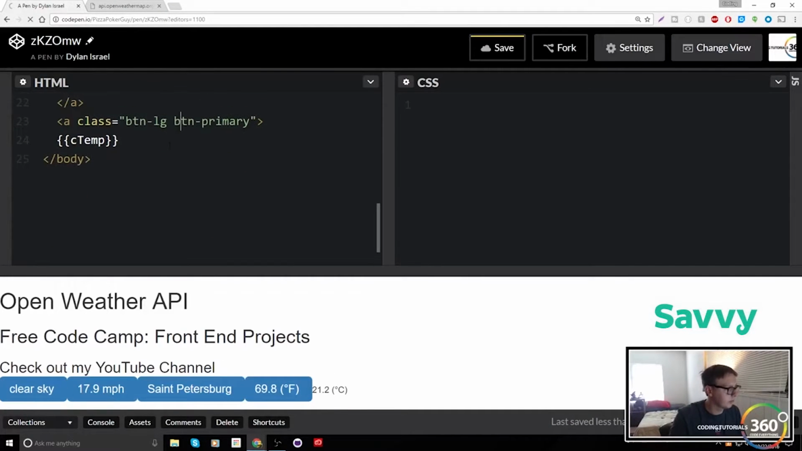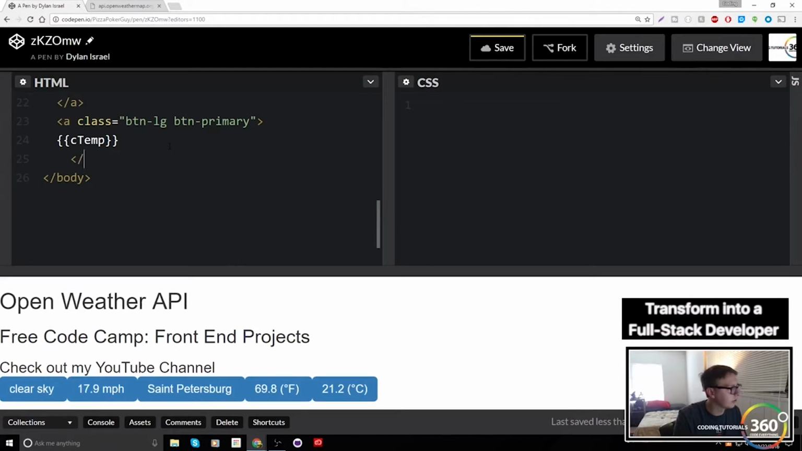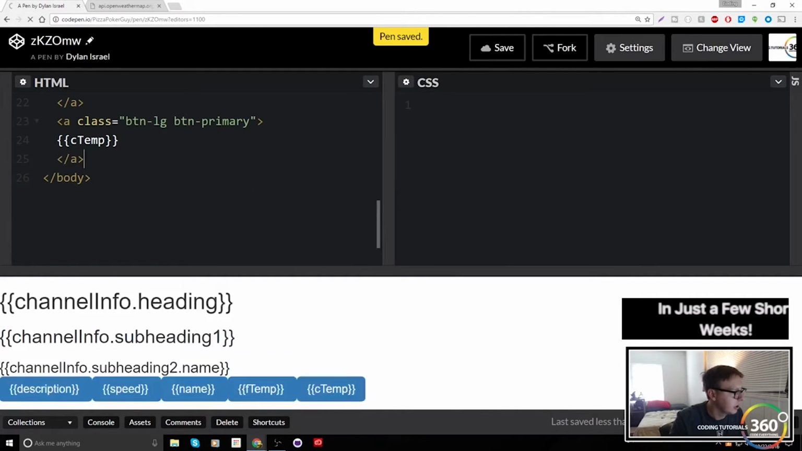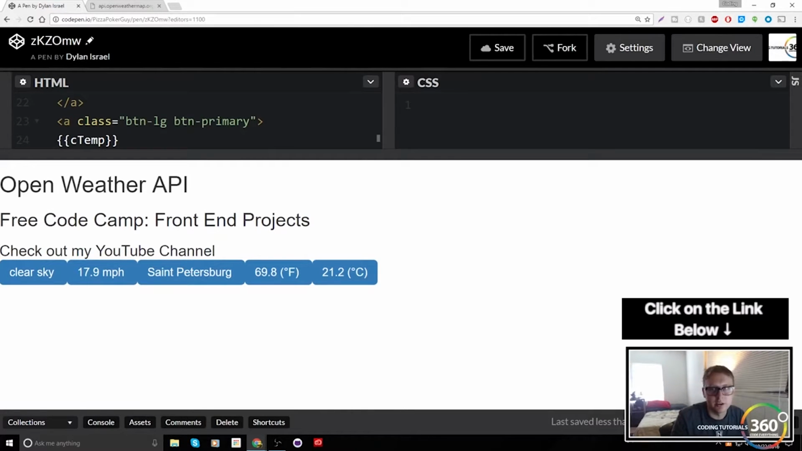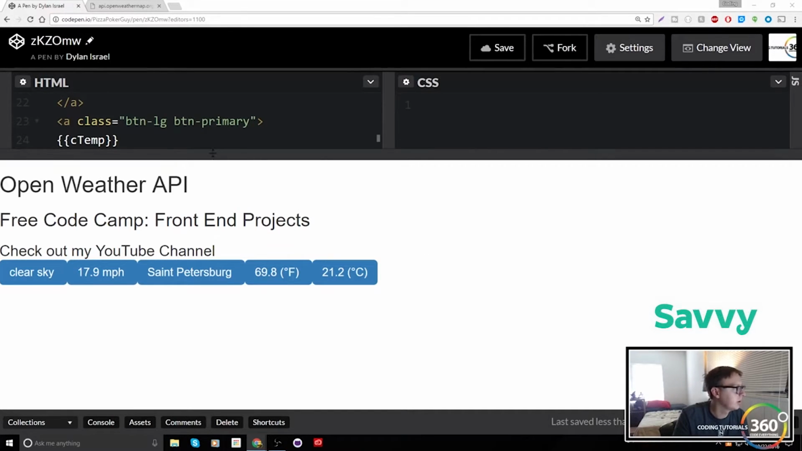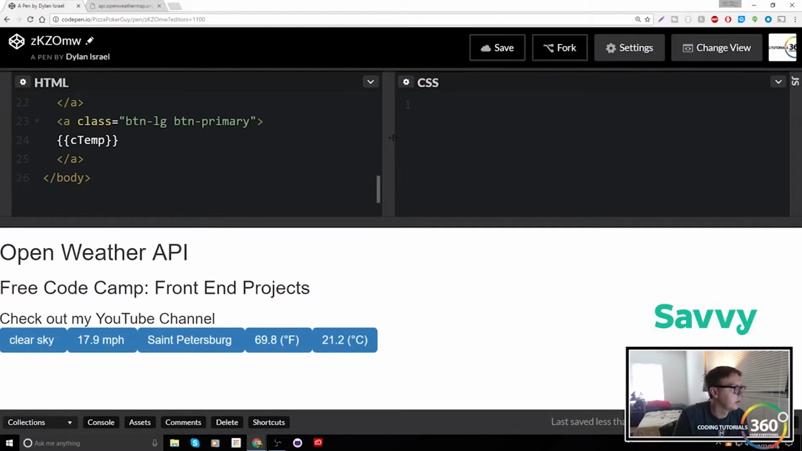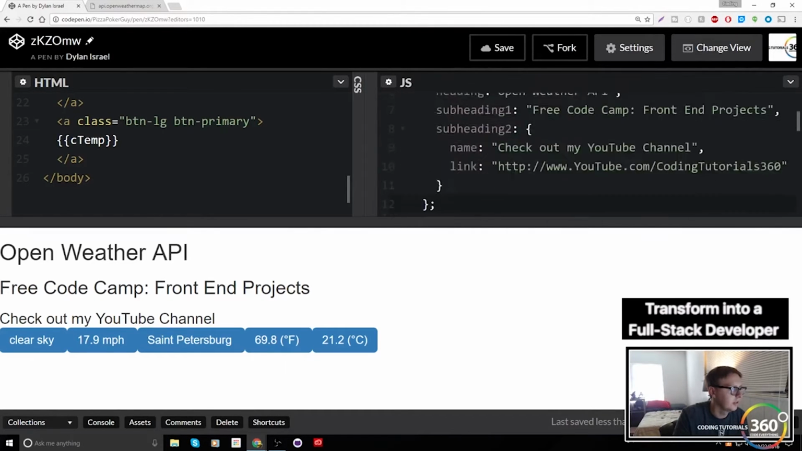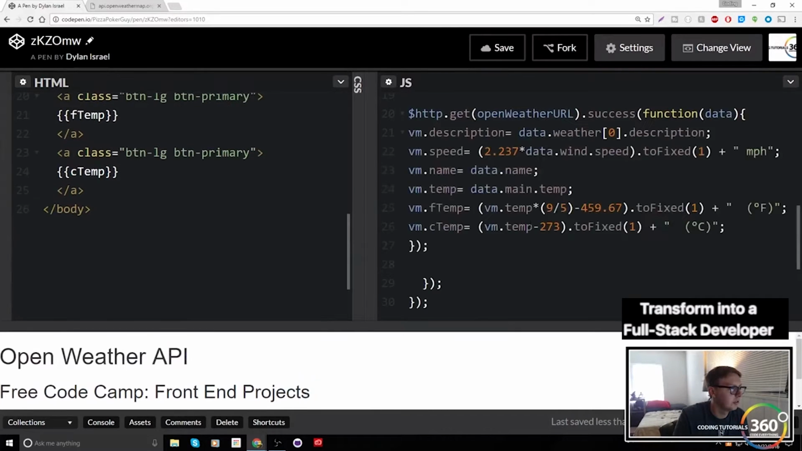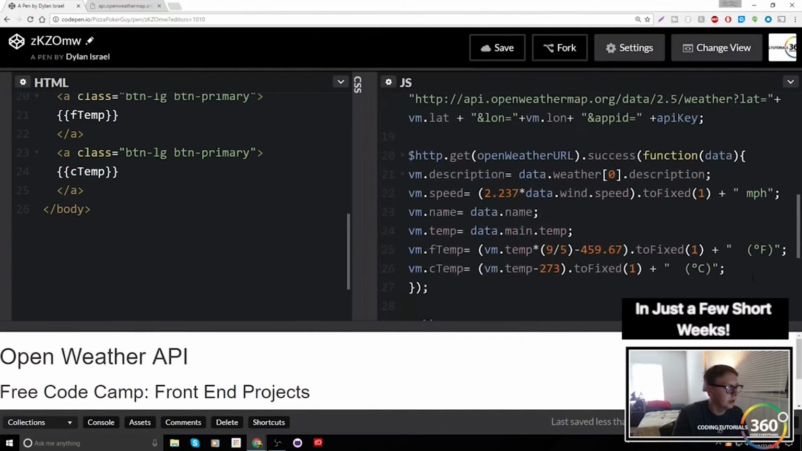Now, one thing I just realized is that in the last video I was trying to set it up so that we got everything that we needed, but it looks like I forgot to get the icon. So let's go ahead and jump back into our JavaScript real quick, and let's get our icon. So the icon being the little sun icon, like what's the sky like. So let's jump back into our Open Weather URL, and we're just going to go ahead and create vm.icon is equal to,